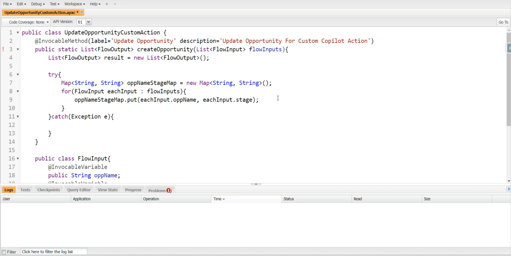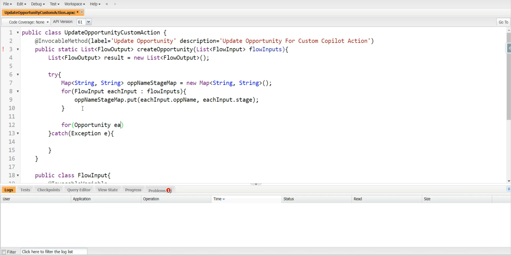So map is ready. So next thing is I'm gonna query the opportunity records which I'm gonna update and say opportunity each opportunity. I'm gonna write a SOQL query here, name stage from opportunity where name in opportunity name stage map dot key set. So insert this,